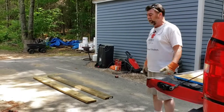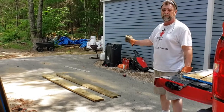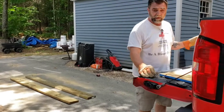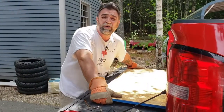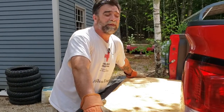Alright, so what I've done first, I got a couple 2x8s laying down on the ground there, or 2x6, I'm not sure what they are. It doesn't matter. Then what I'm going to do, I'm going to come over here to the bed of my truck. I got my 8-foot sheet. I'm going to show you how to do this by yourself, because I do a lot of things by myself,